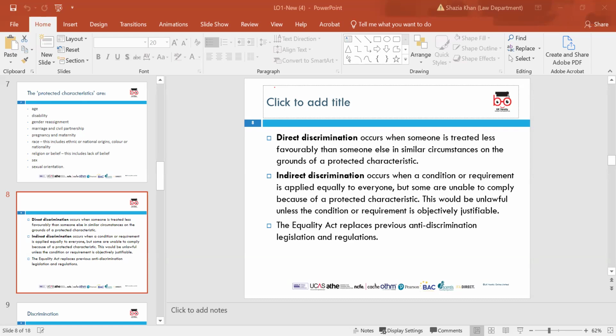Indirect race discrimination. For example, it could be a Sikh employee where his employer instituted a dress code that prohibited him wearing a turban. There are cases out there going on in regards to this as well. Indirect sex discrimination, where a woman is asked to come back to work even though she's requested an extension for her childcare to be taken into account, flexibility.